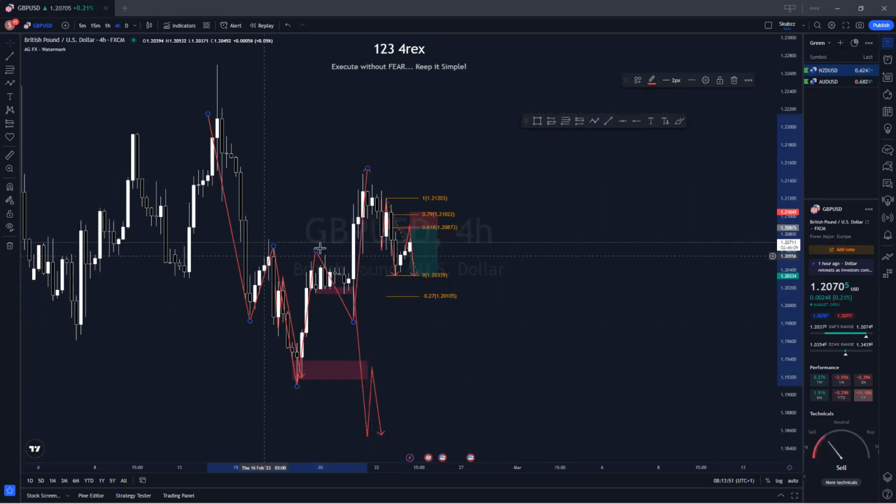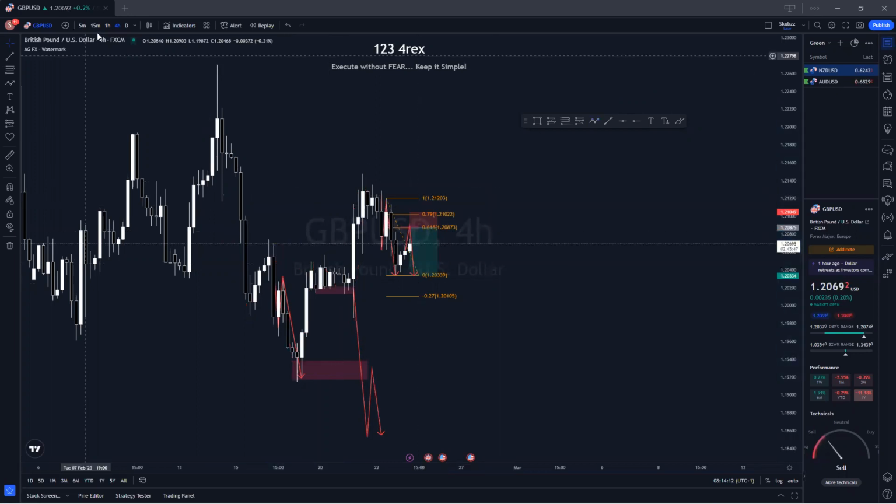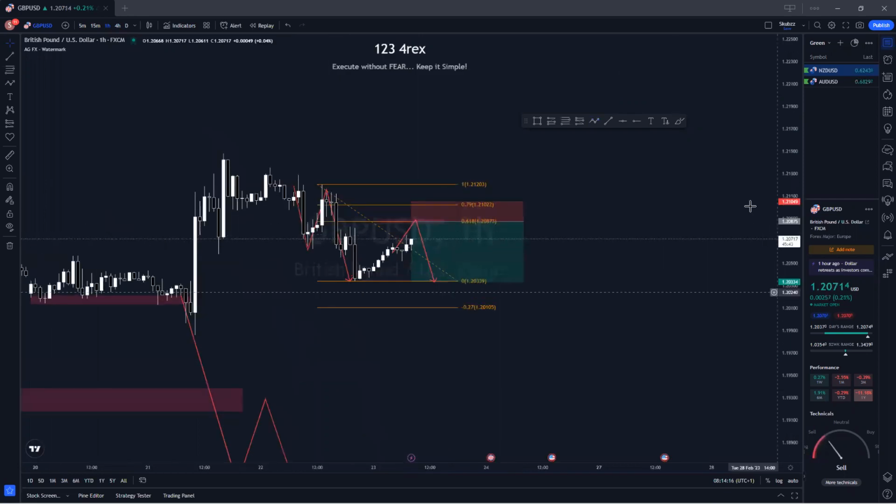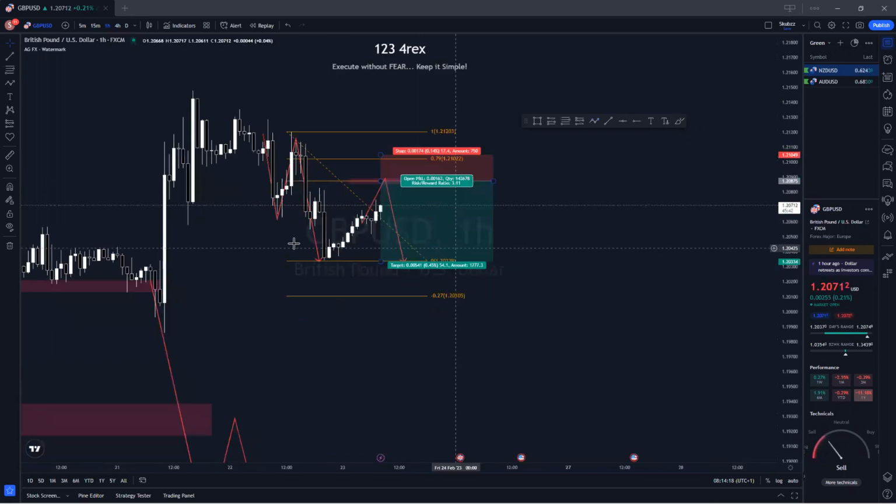In that case, now we have a shift in market structure, and then price is more or less retracing. So this point that price tapped here is kind of like the high that price broke. This one is a tricky one. I don't want to actually go against the trend, because our 4H is actually bearish. But this small movement that this thing is doing to the upside.